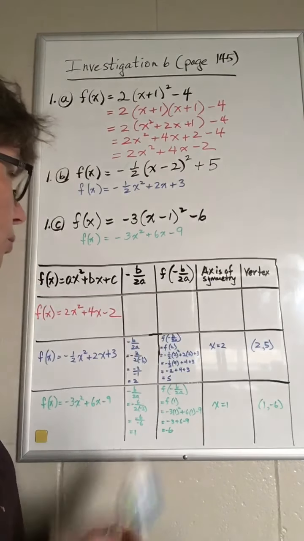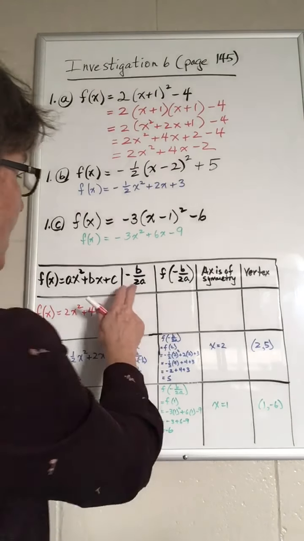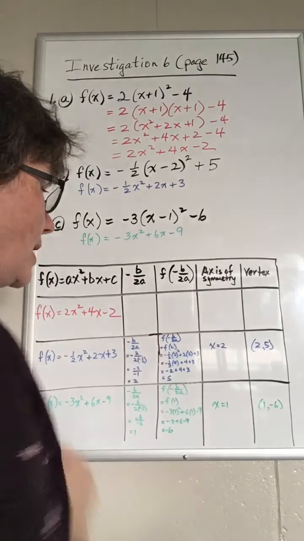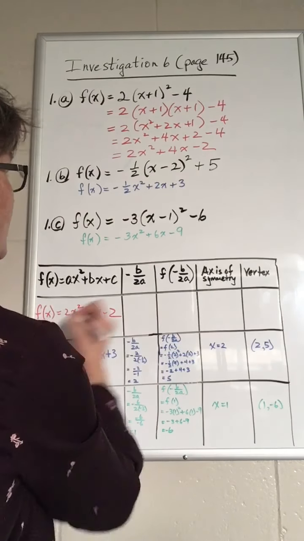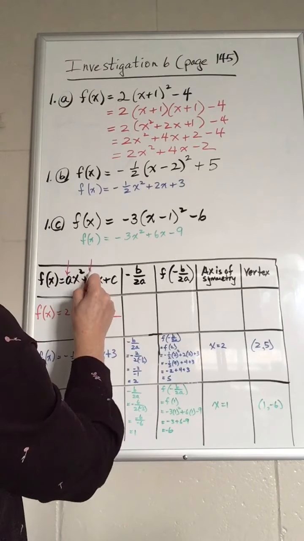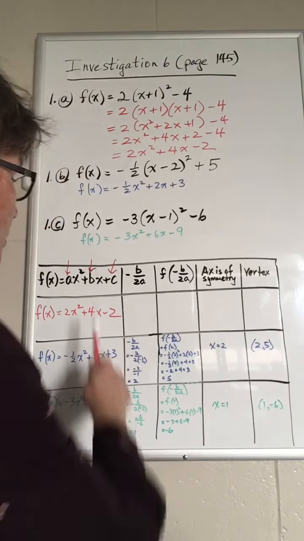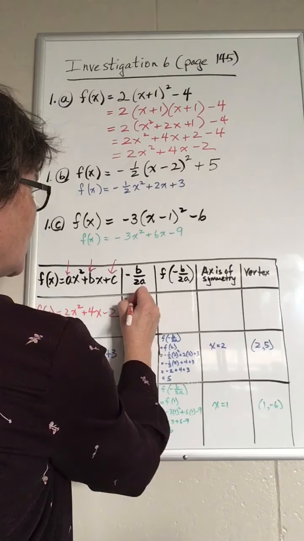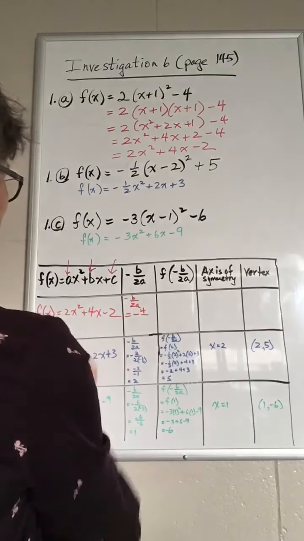Okay, now we need to find negative b over 2a. And when we did it in class, I didn't know, the book said just negative b over a. It's supposed to be negative b over 2a, so that's why it didn't quite work out the way it's supposed to when we were working on this in class. So negative b over 2a, this is referring to the general form of a quadratic. a is the coefficient of x squared, b is the coefficient of x, and c is the constant. So negative b over 2a in this case is negative 4 over 2